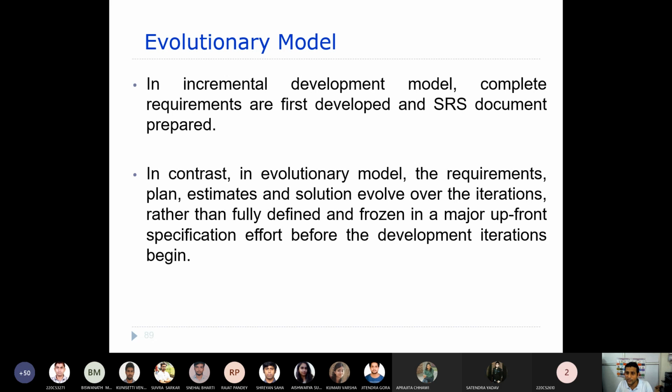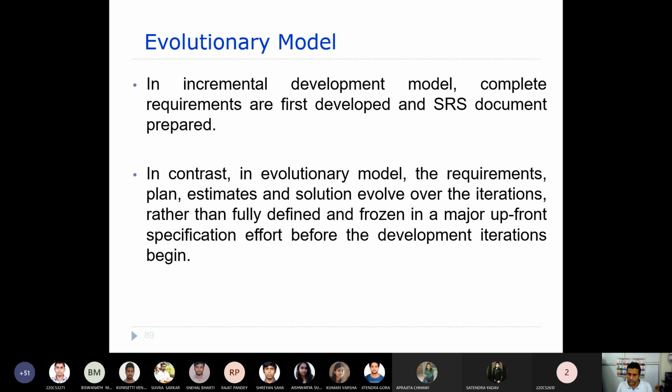You start your development with very few collected requirements, and then you go on to the next iteration. There you try to acquire certain other requirements, and on doing all this, you keep on estimating, and the solutions may also be modified in each and every iteration, or you can think of the solution as coming after a certain number of iterations as a good solution, right?